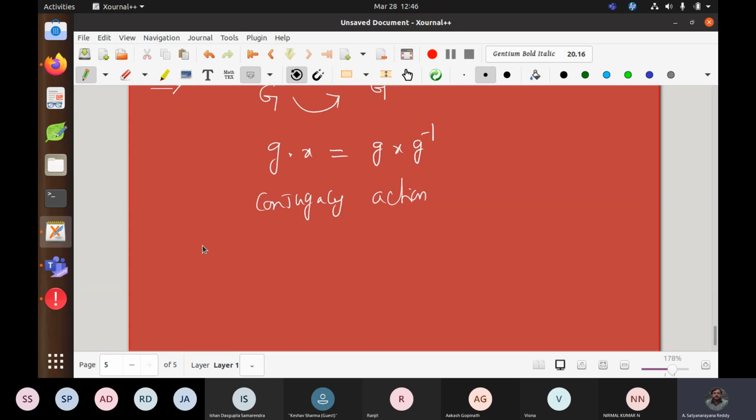when can it be transitive? Can it be transitive? Yes, for an abelian group. Okay, so how is it transitive? Be careful, you are making a mistake. Be careful, it is not transitive every time. Transitive means one orbit, right? For an abelian group it is completely reverse. It gives only fixed points.